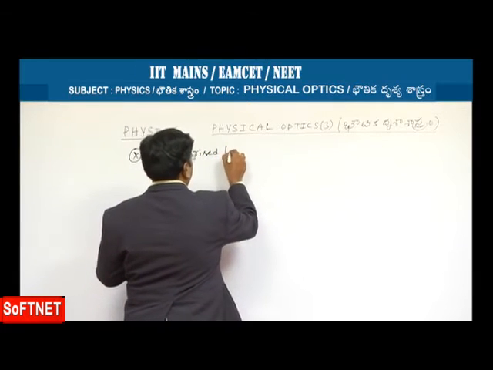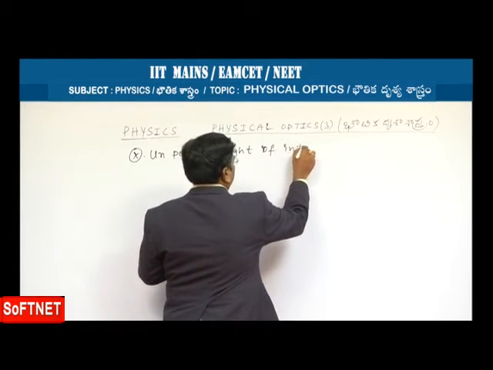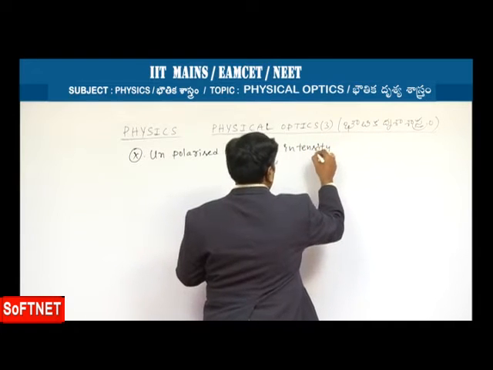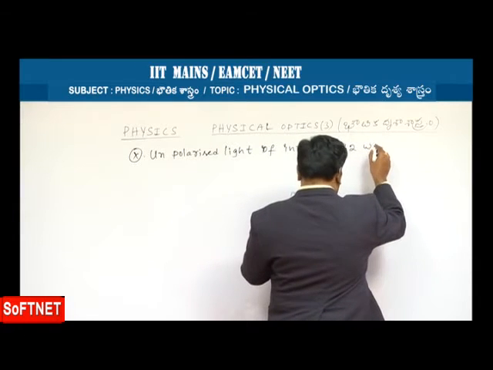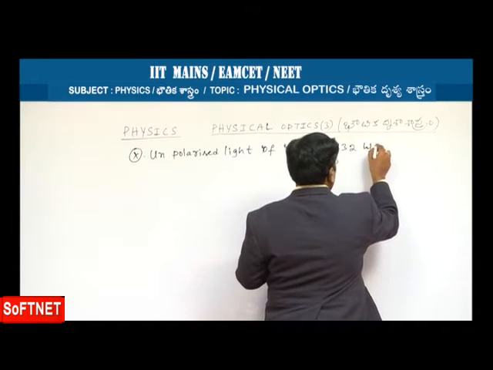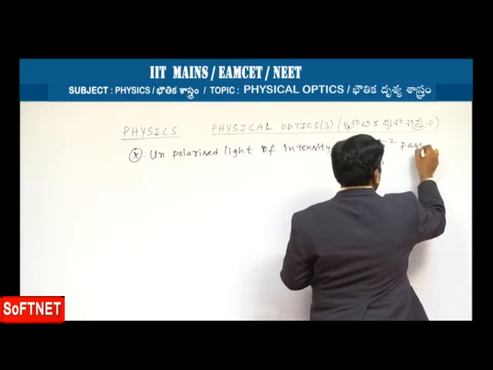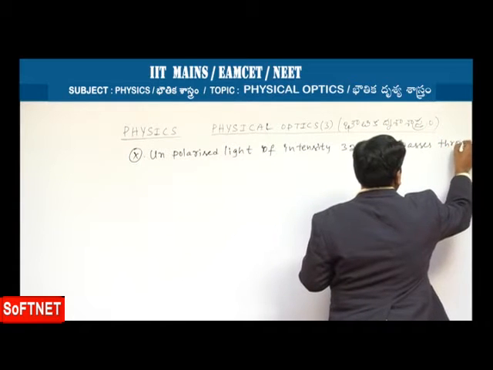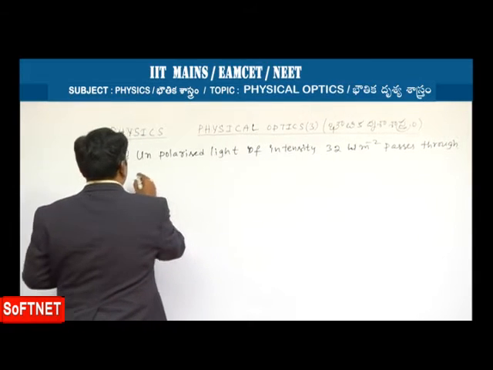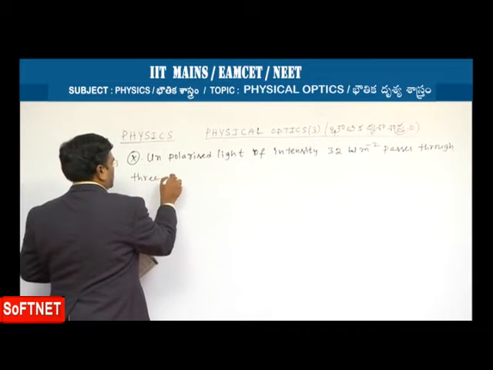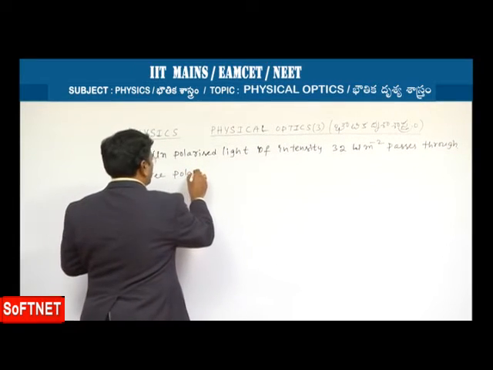Unpolarized light of intensity 32 watt per meter square passes through 3 polarizers,